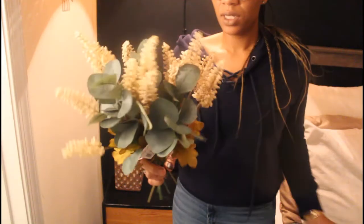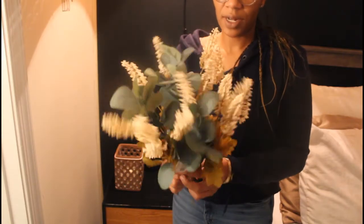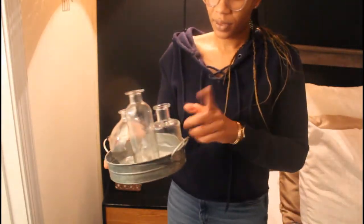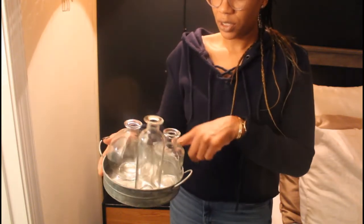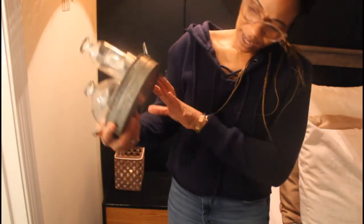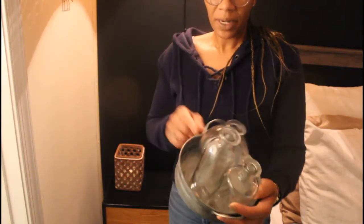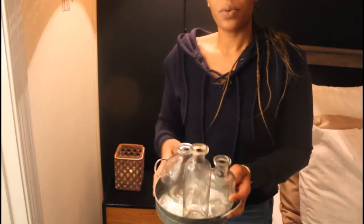And then I also have some of this greenery here that I purchased from Walmart, and then I have this different assortment of glass that I think I purchased from Michael's a while ago. I can't really remember, but I thought it was so convenient because you can fill it up with different